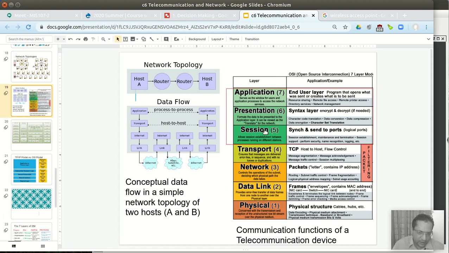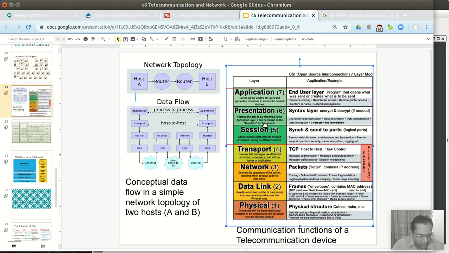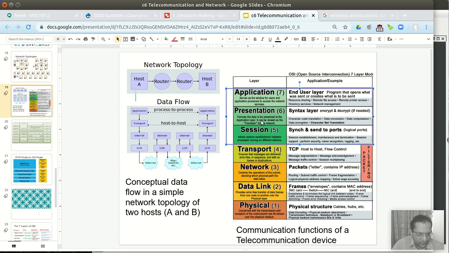After the session layer, we have a transport layer. Whatever data the session layer gives, it gives to the host or the OS. What it does is it creates messages. A large piece of data, let's say a video you are sending through WhatsApp, they segment it, they make it into pieces, right?